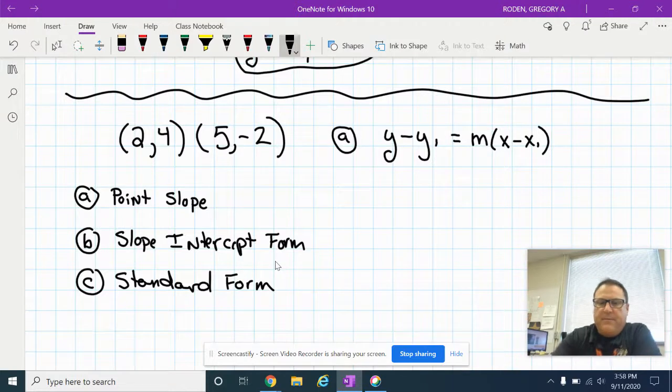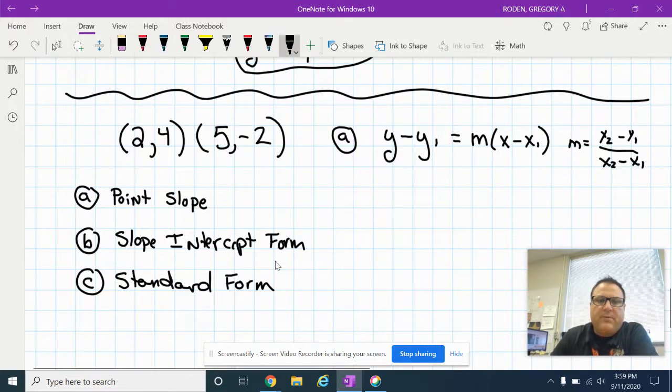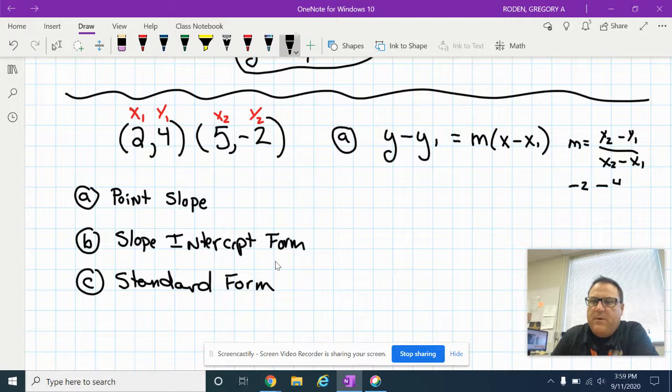If you can remember our slope formula, I'll write it over here, m equals y2 minus y1 over x2 minus x1. Now, remember, it doesn't really matter which one's x1 and which is y1, but I just go through and say, okay, this is the first x value I see, x1, y1, x2, y2. And now I just go through and put it into this formula, okay? So what is y2? Well, yeah, that's the -2. So we have -2 minus what is y1? That's just 4, over